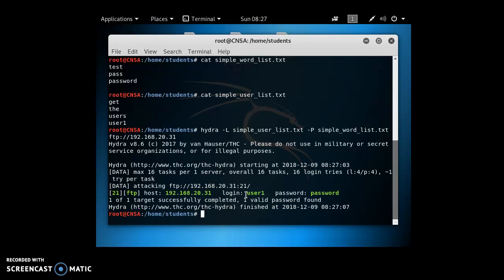Even scarier is the fact that you can give it a list for usernames as well. So you don't even have to know a valid username to hack into a system. You can simply give it a list of potential users, a list of potential passwords, and hit go. And within a matter of hours, usually,